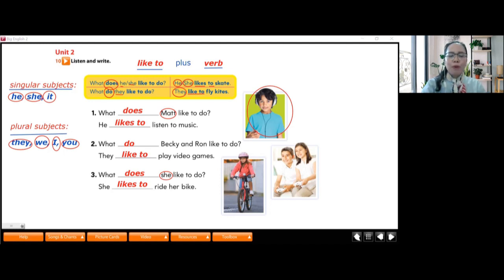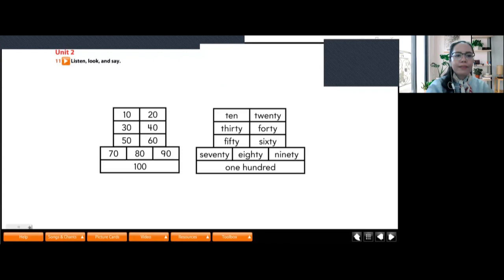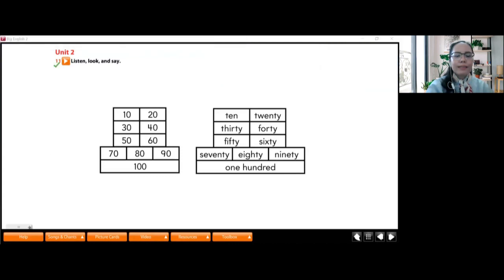Okay, now let's move on to activity 9. It's still on the same page. In this activity 11, let's chant the numbers with me, class. 10, 20, 30, 40, 50,